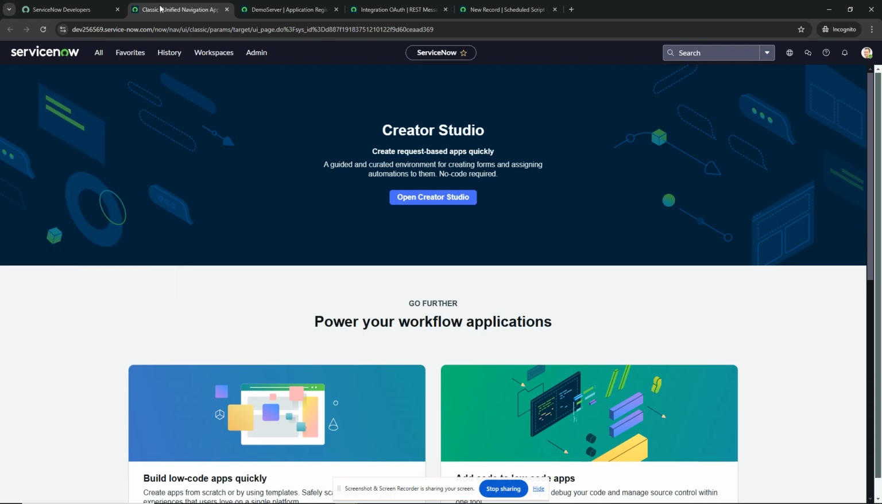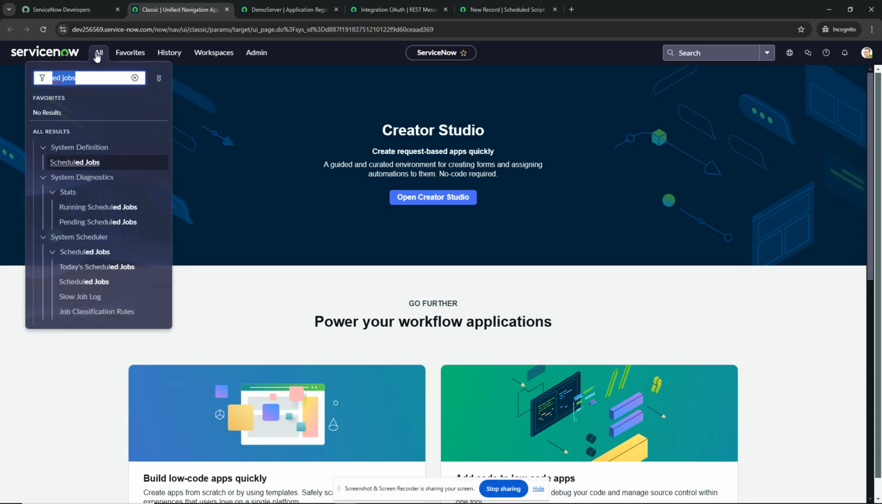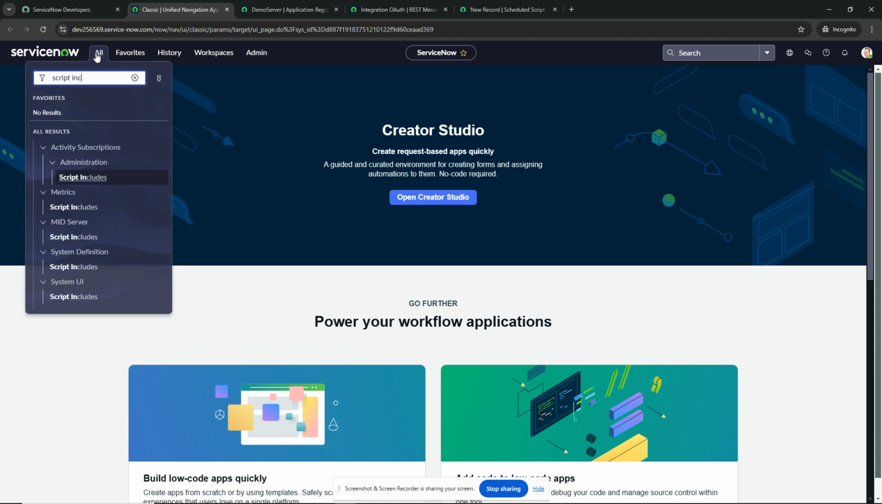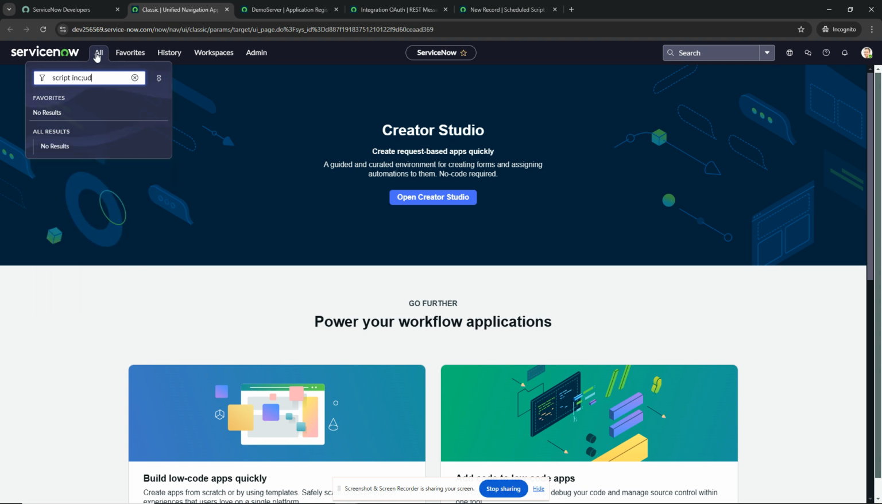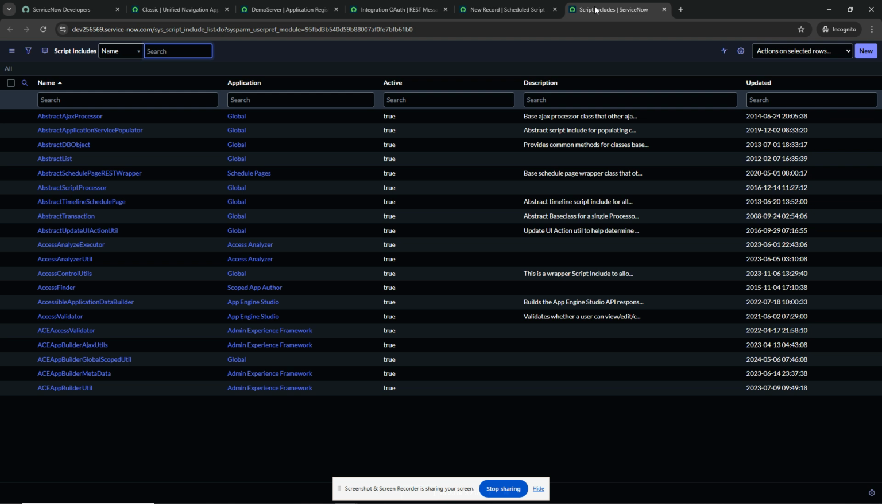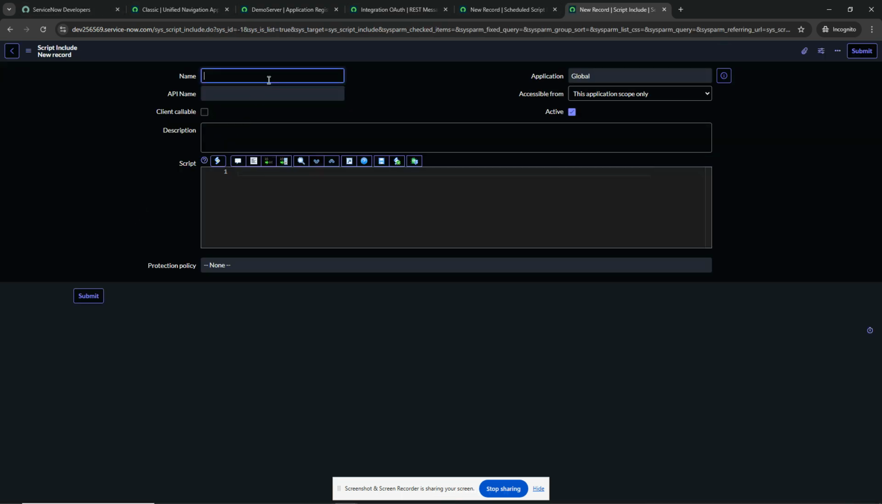I'll create a new script include without any confusion. Just write script includes. So under system definition, you find script include. Just open that script include, and I want to create a new one. So I'll click on new, and I'll write like